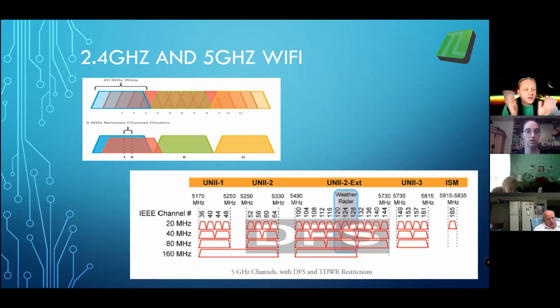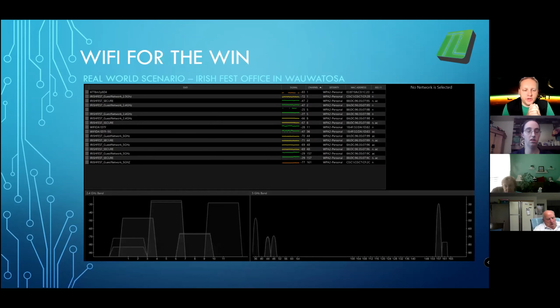We asked them courteously if they wouldn't mind helping us out, because we want everybody to be able to share the wireless spectrum equally and efficiently. So what we ended up doing is we put in some new transmitters. We took out some transmitters that were unnecessary and not being used. We cleaned up the whole spectrum, and we tried to space things out so that they're not all on top